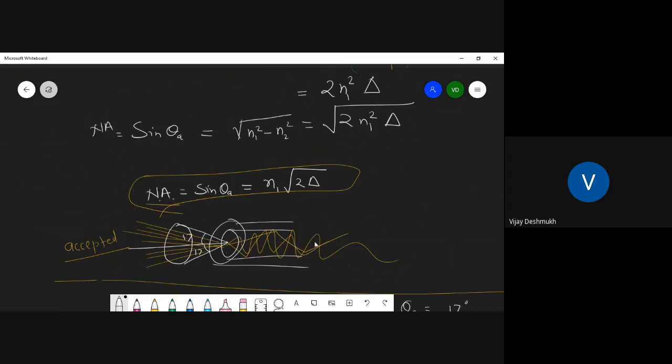But then there is a problem that there may be a slight deviation, and there is always a possibility that the light will get lost in the cladding. If the light comes from here and goes straight out, it is not passed on. So that is a big problem. Therefore this angle is specifically kept low so that we can pass the light as much as we can. Otherwise there will be more losses here. So are you getting this point?